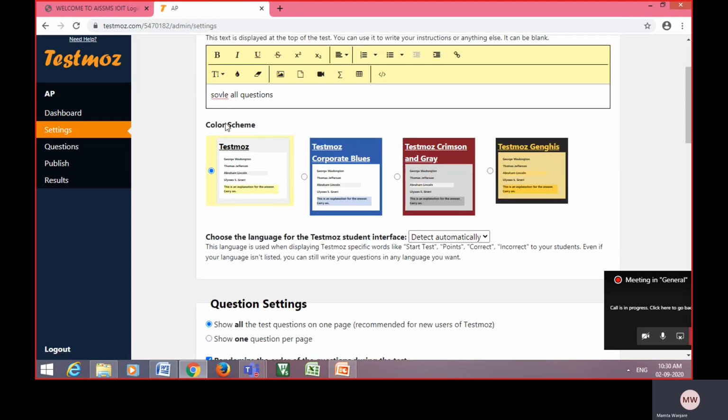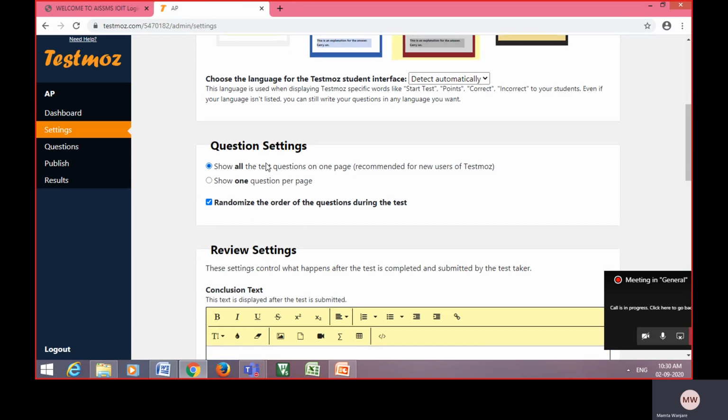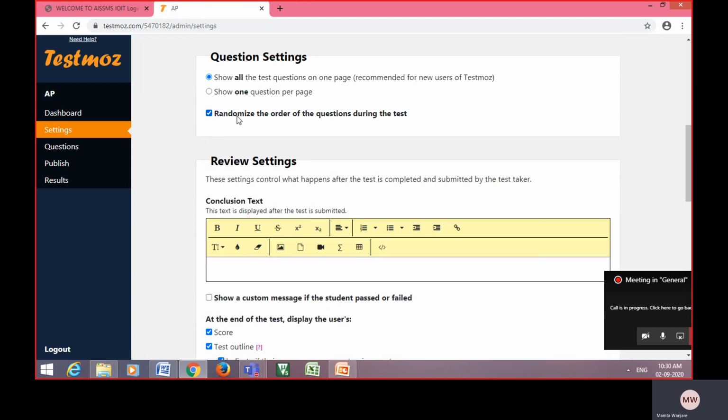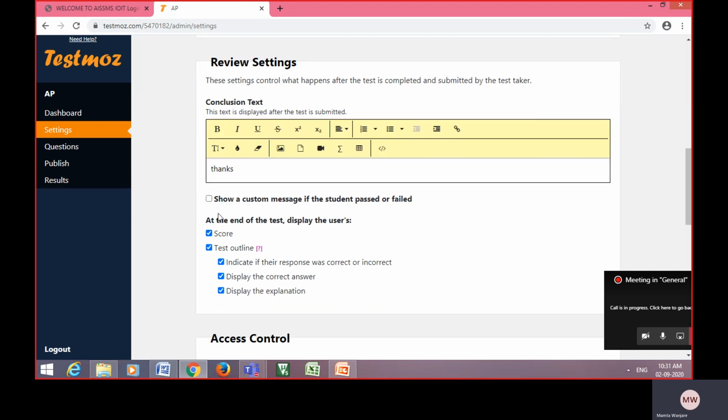After that, if you want to select a color, select any color out of these four. By default, randomize the order of the questions during the test is ticked; otherwise, you tick on that. Conclusion: that will display at the end of the test.